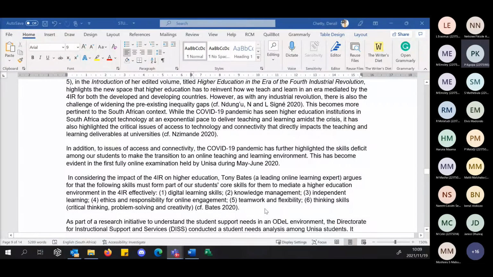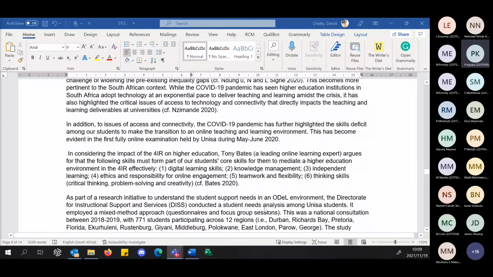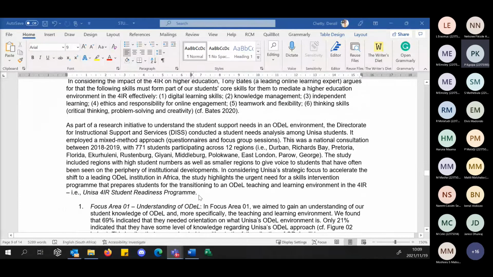And Tony Bates is one of the leading educational technologists, and I think I put a video of his right at the beginning as well. And he talks about digital learning skills, knowledge management, independent learning, ethics, responsibility, etc. And as he goes further in that discussion, you would have gathered that it talks specifically about thinking of our own context. But now, here, colleagues, is what for me is the most important part.